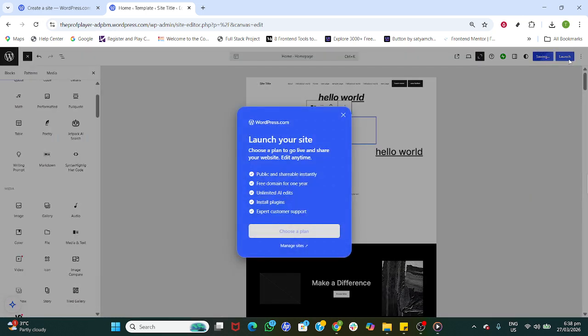When you're happy with the result, click Save to store your edits. Finally, select Launch to push those updates live to your site. Give the page a quick refresh in a new browser tab to confirm everything published as expected. That's it. Opening your home template, refining text and media, checking tablet and mobile previews, and then saving and